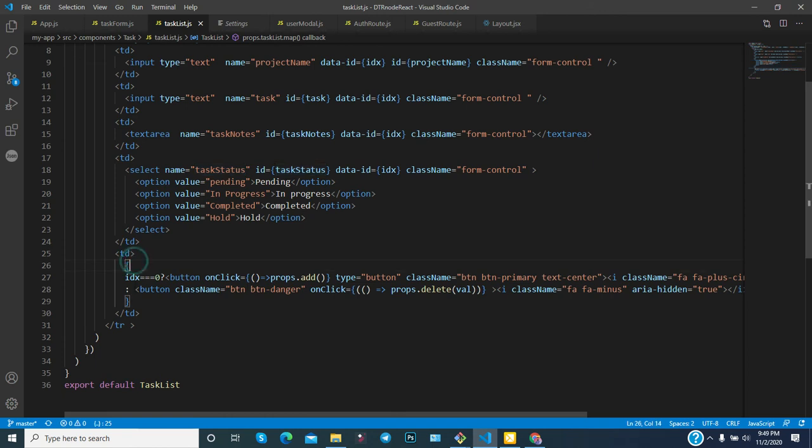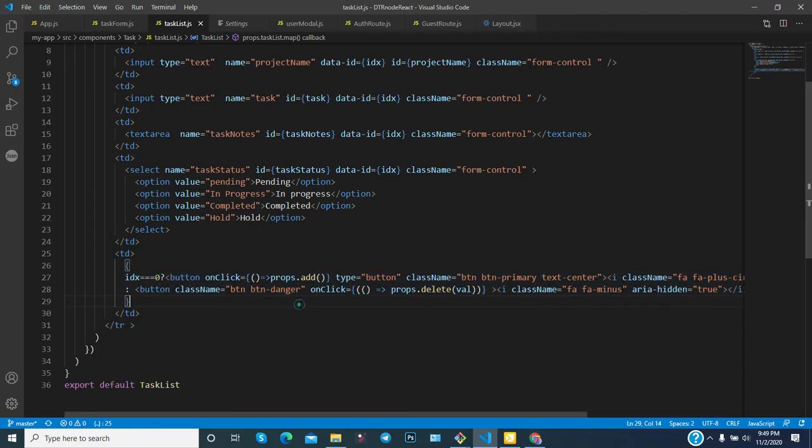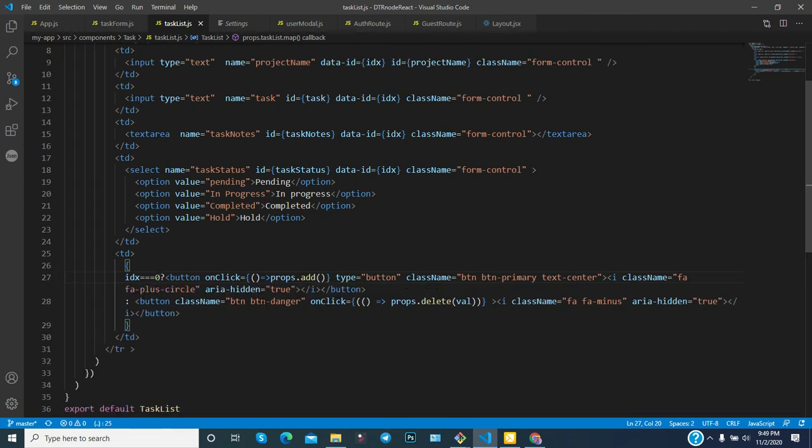And now here is a certain condition to show this plus and minus icon. If the index is equal to 0, it means the first index, then here you can notice the plus button icon. IDX, when will it be 0? The first row will always be 0. Then definitely at that time this condition will be satisfied.